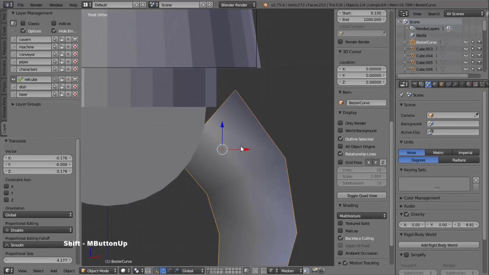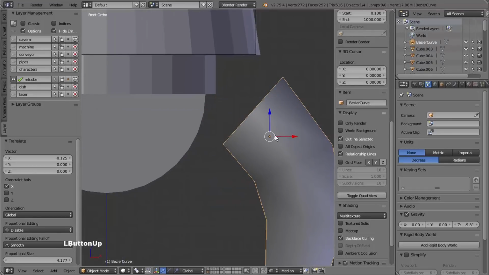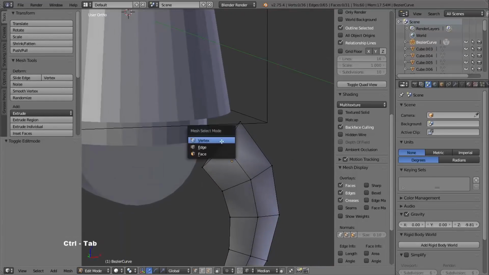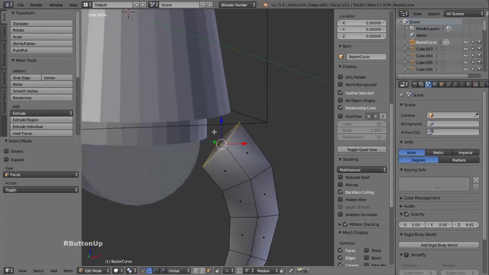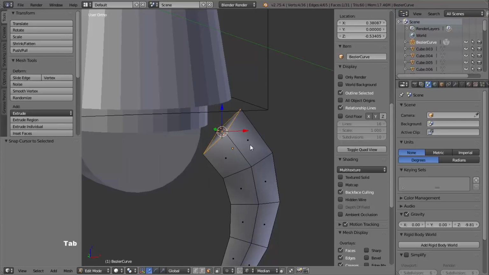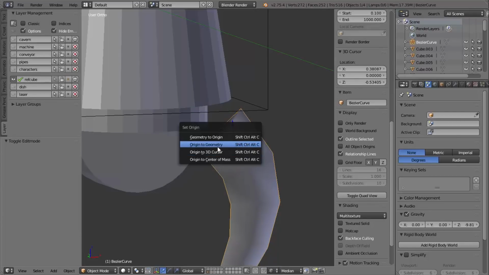And now that I've done that, I think I need to do it a bit more precisely. So what I'm going to do is move this back out and go back into edit mode and face mode. And with that central face selected, I'm going to press Shift and S and then choose cursor to selected. And then back in object mode, I'm going to press Shift, Control, Alt and C and then choose origin to